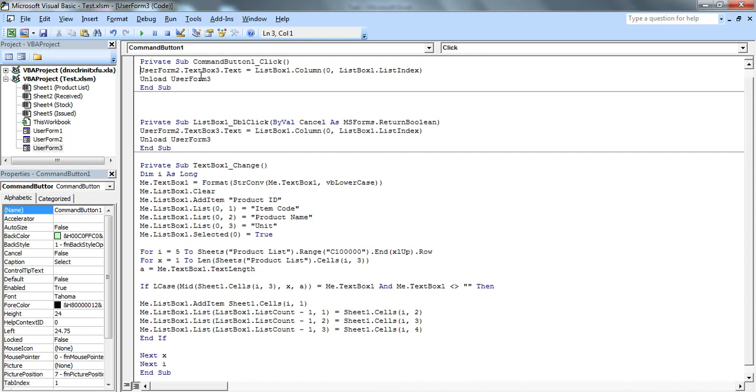UserForm2.TextBox3.Text, because we are transferring data from one user form to another user form, that's why we give the user form reference as well, and of text box 3. Then this is the reference of list box 1, and we want that when we select this, user form 3 should be unloaded.